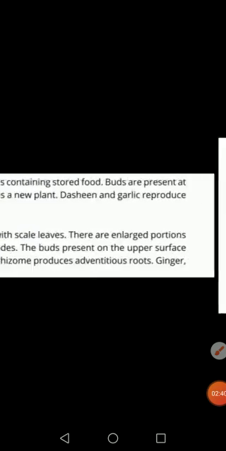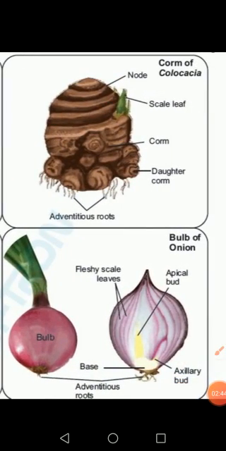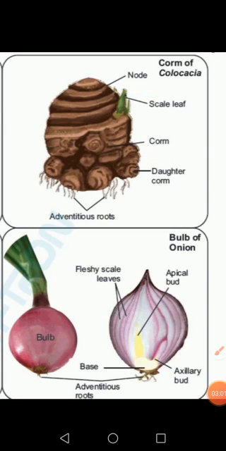Okay, now in this diagram, this is the corm of a coriaceae plant, and the lower part will grow adventitious roots, and there is the corm, and there are scale leaves here, and there is a node from which the shoot will emerge. Okay, so that's how coriaceae by corms produce new plants.